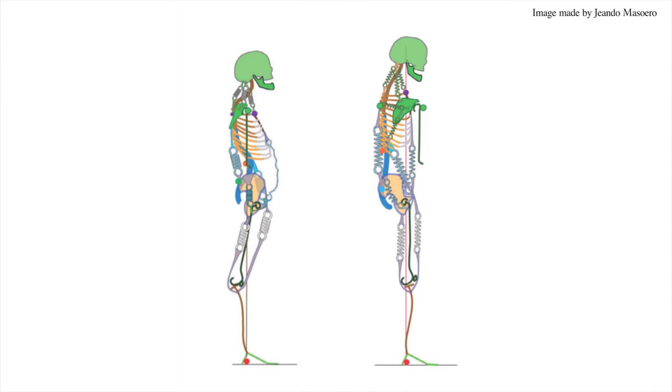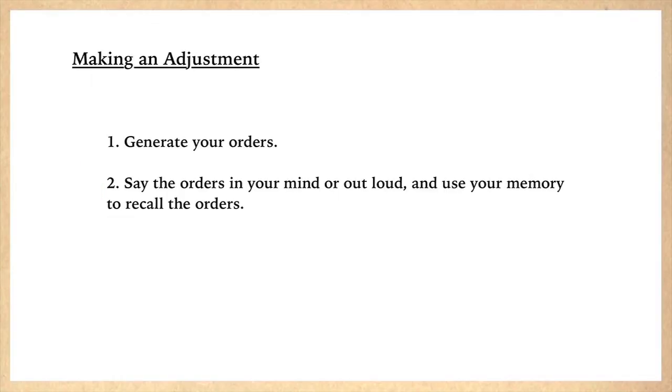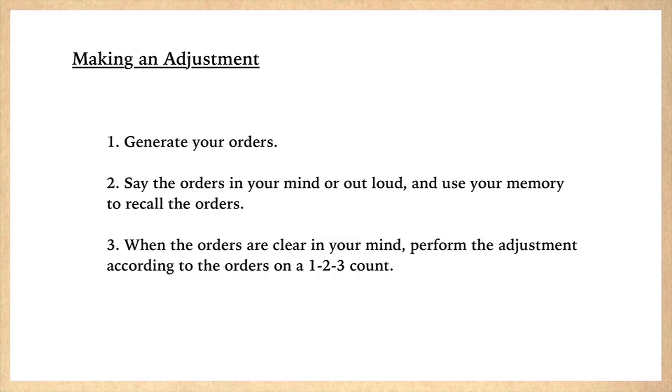We now have the tools needed to start making adjustments, so I'll explain the basic setup of how to perform an adjustment. First, you will have your order, something like, I will pull the rib line up away from the iliacs. We know what the rib line is, we know what the iliacs are, and we know what up is. Second, you say the order in your mind or out loud, and use your memory to recall it. And thirdly, when the order is clear in your mind, you will do a count of 1, 2, 3 while